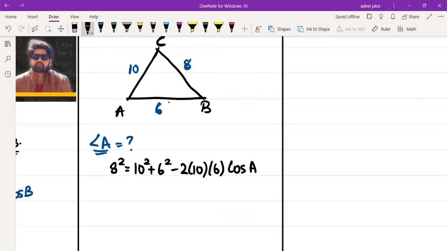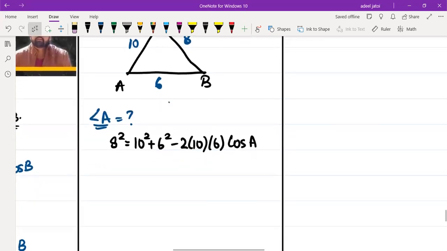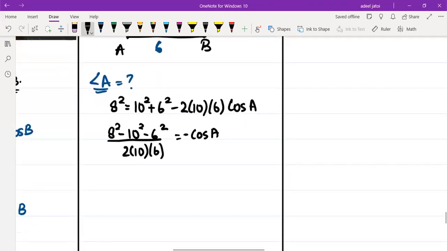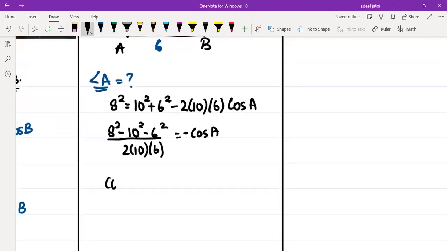So this is the generalized formula of the side. To find A, what we can do is 8 square minus 10 square minus 6 square upon 2, 10. You can always solve them and then use cos A, but this will be negative. So that means cos A, since it will turn out positive, it should be